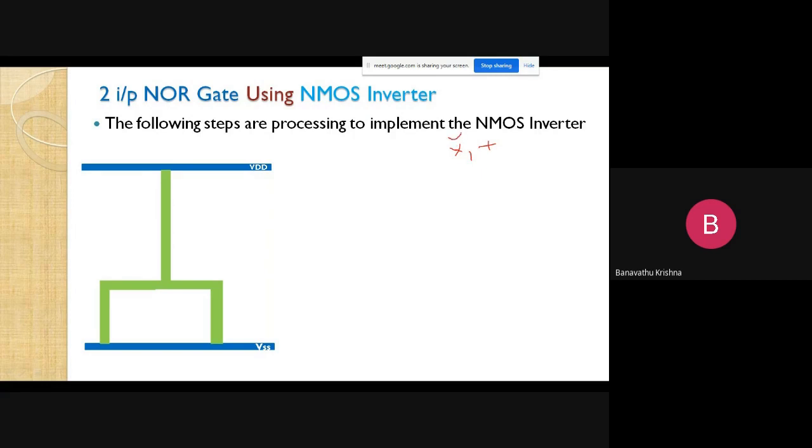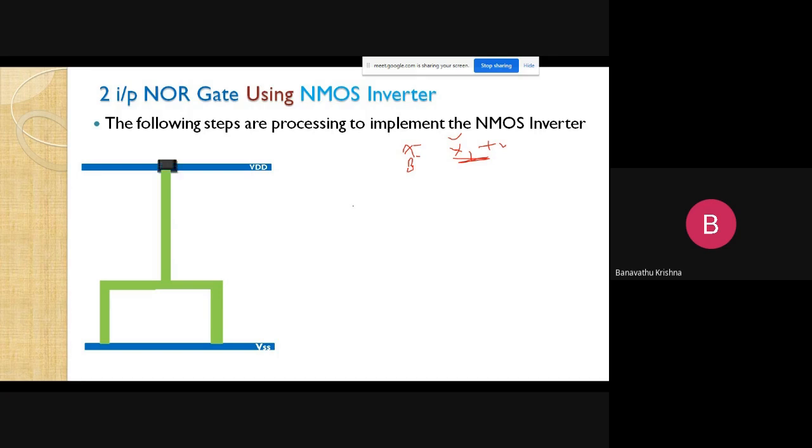For the product operation with two inputs, A and B, we need two MOS transistors, right? When those two MOS transistors perform the logic as a product operation, they are connected in the pull down area in series. Suppose it is a sum operation, then those two transistors in the pull down area are connected in parallel. So it is very important to choose the representation of the transistors based on the operation, right?